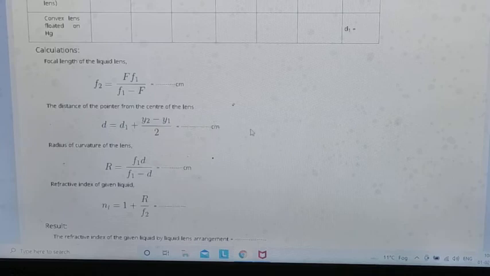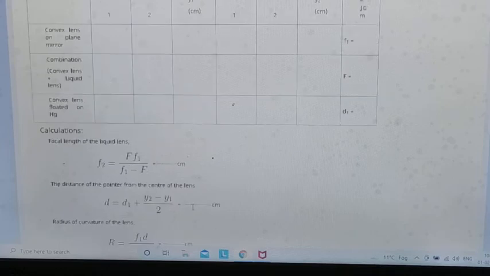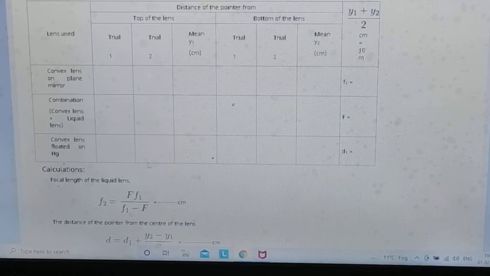Next, for calculating the radius of curvature, you have to note down this: convex lens floated on mercury. So in the experiment, if you select mercury, then for the convex lens floated on mercury, you again do the same procedure, that is, the pointer of object and image should be matched tip to tip.